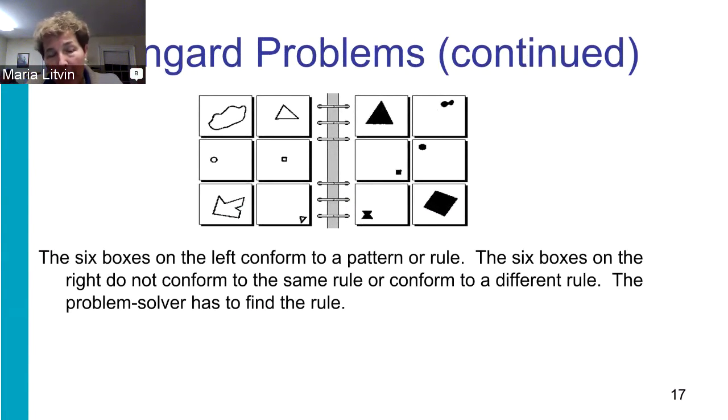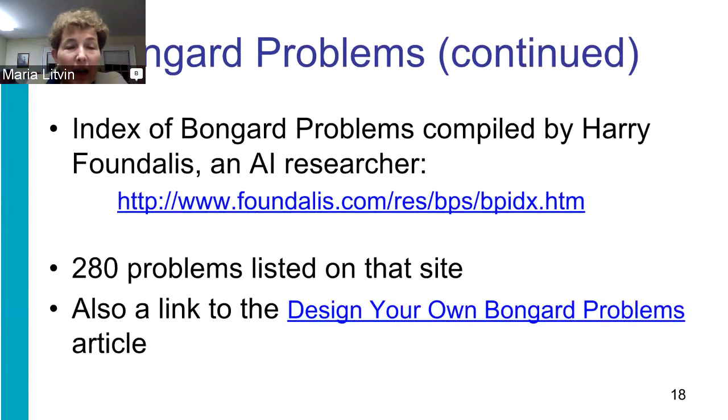Now let's take a look at the next slide. It says that there's an index of these problems. There are almost 300 problems, all compiled one after another, and you can solve them on a computer and also on an iPad, and you can very nicely slide from one to the next with the kids. You can also design your own Bongard problems. Gary and I designed one for the upcoming year. Out of 3 contests, one of them will again have a Bongard problem.